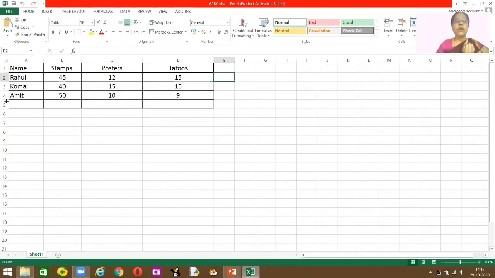So I taught you how to open a new worksheet and how to enter data into it. I showed you how to put the borders and all that, and then how to open an existing worksheet. Tomorrow, in the next class, I will teach you how to do addition and subtraction. And here, we'll change the color of the font.